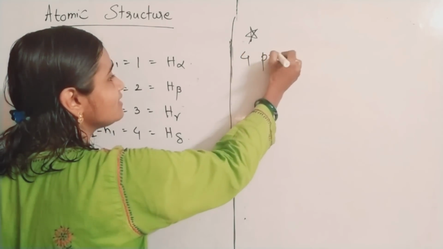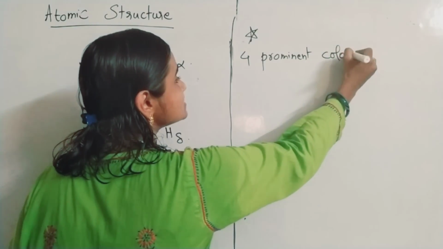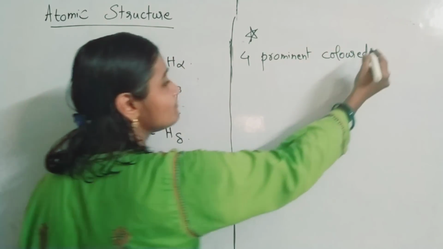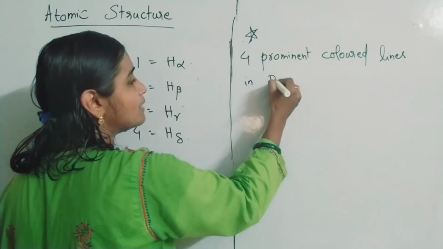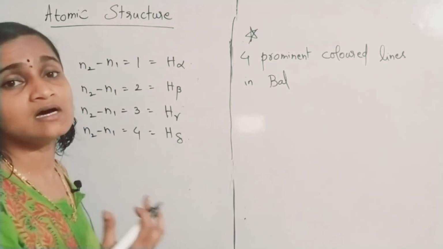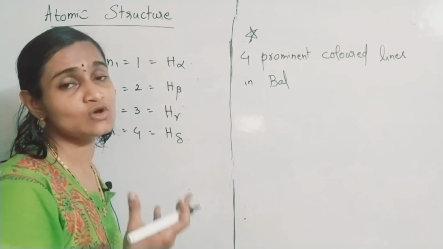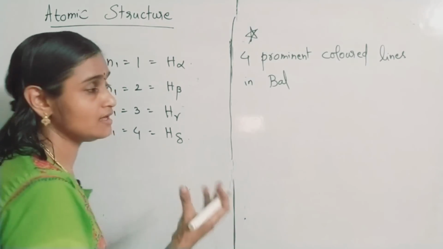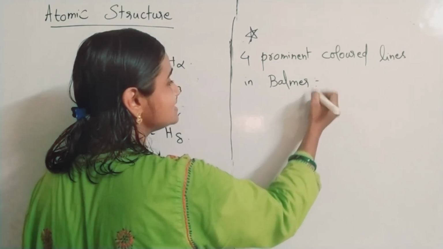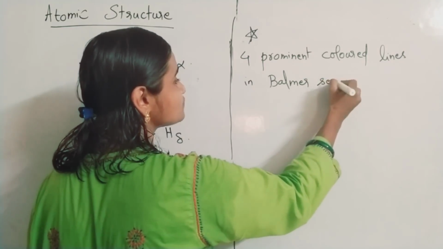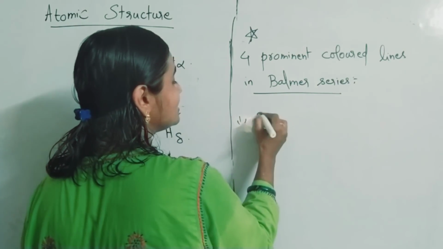Balmer series is the only region which is visible to our eyes, in the visible region of electromagnetic radiations, isn't it? So in the Balmer series, 4 prominent colored lines you will find. What are those 4 prominent colored lines? First one, you will find a red line